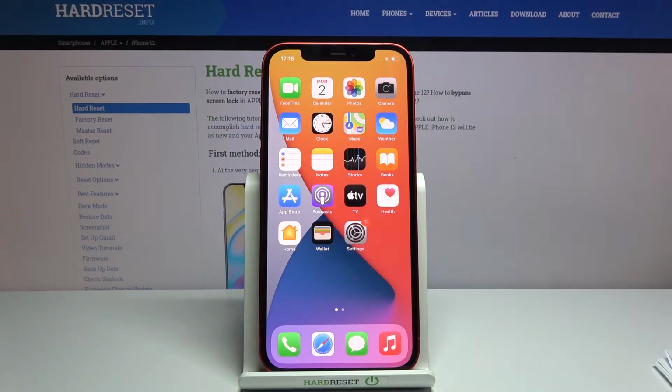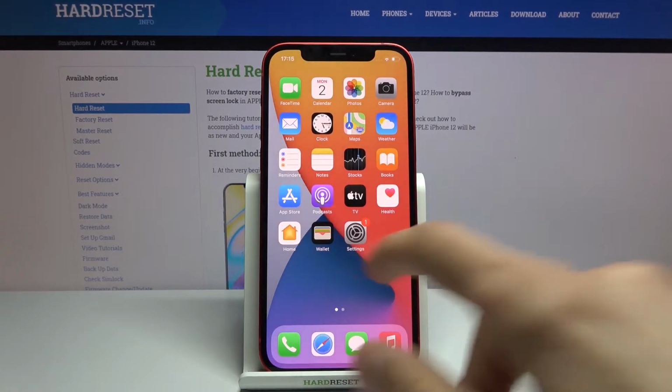Welcome, in front of me is an iPhone 12 and today I'll show you a couple tweaks and tricks you can do on this device. So we're going to begin with the background